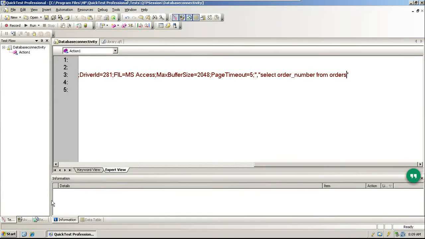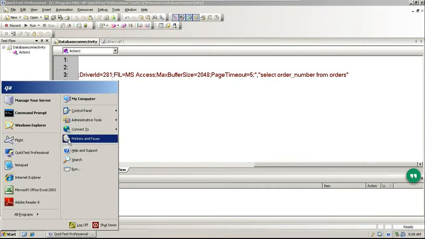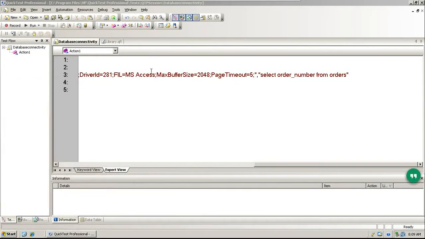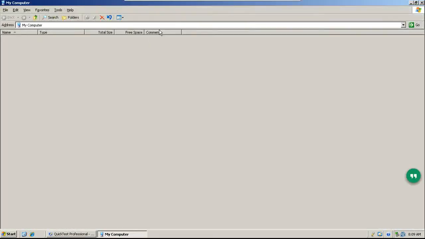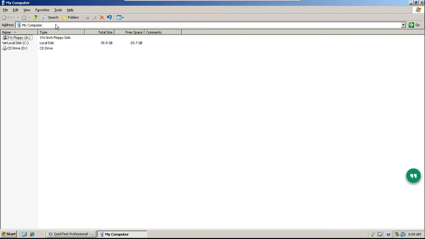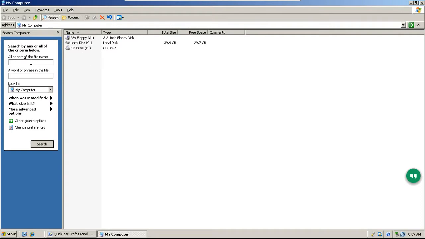Let me paste the database locally. There is just one Microsoft database. What is the extension of a Microsoft database? .mdb, right? Okay, just find star.mdb. I will copy the database to local and give that path instead of doing it from there.